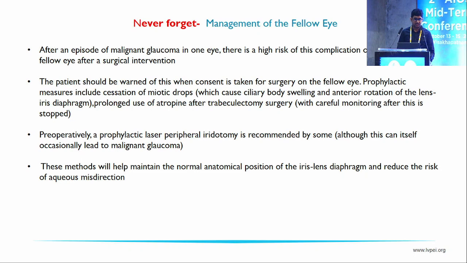Prophylactic measures include cessation of the miotic drops and prolonged use of atropine after the trabeculectomy surgery, and preoperatively, prophylactic laser peripheral iridotomy. All should be done as prophylactic measures. These methods will help maintain the normal anatomical position of the iris-lens diaphragm and reduce the risk of aqueous